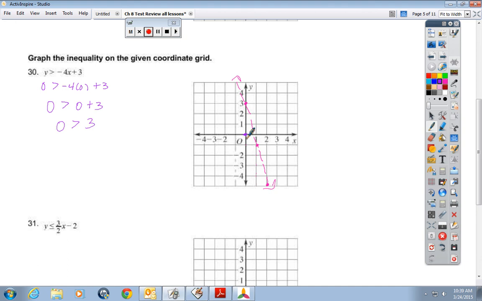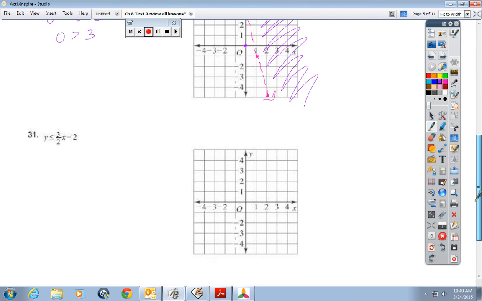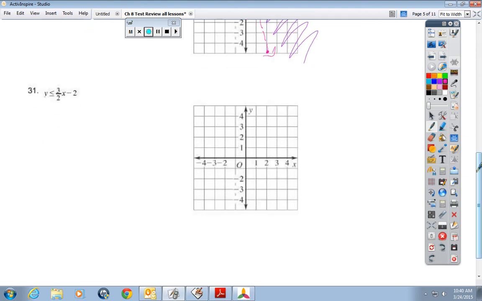And then on number 31, same thing. I'm going to graph the 0, negative 2, which is here. My slope is negative. I'm going to fall 1, 2, 3, run 1, 2, and then I need to reverse it. Rise 1, 2, 3, run 1, 2 this way. Is it going to be a solid line or a dotted